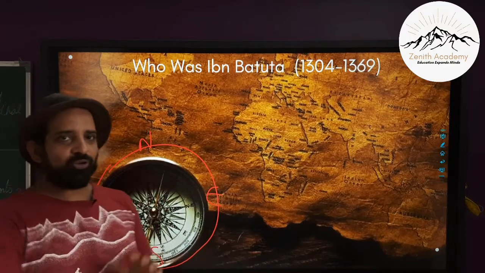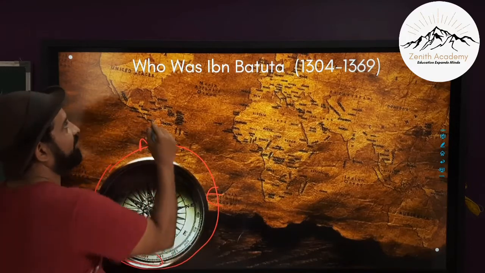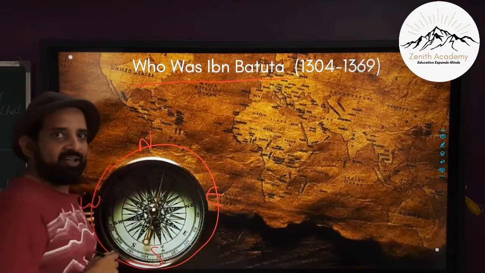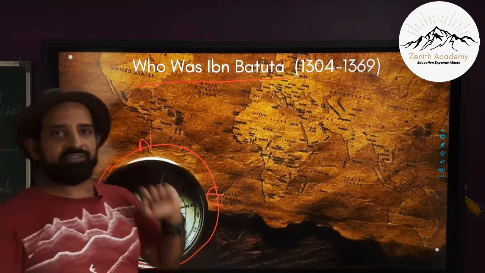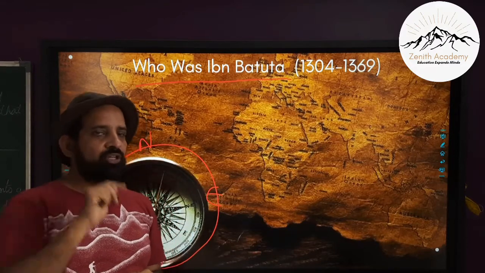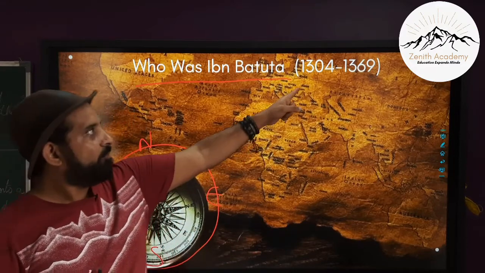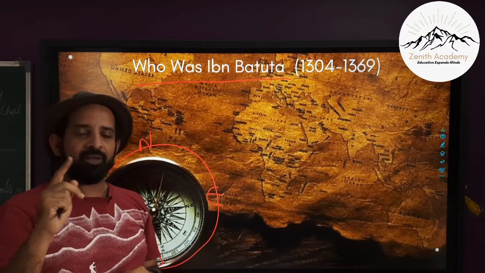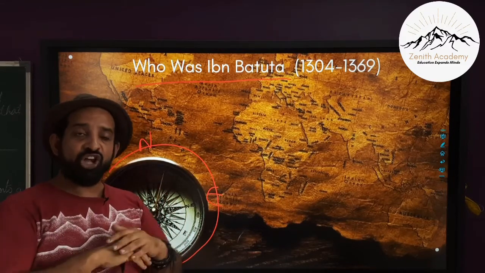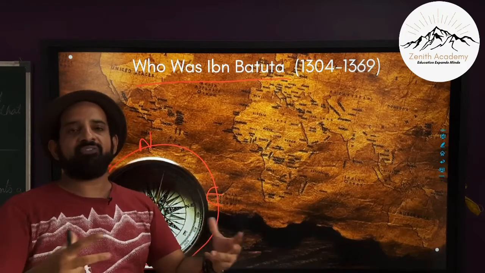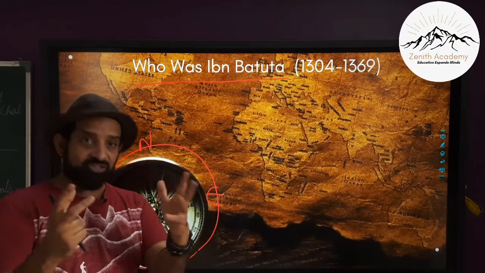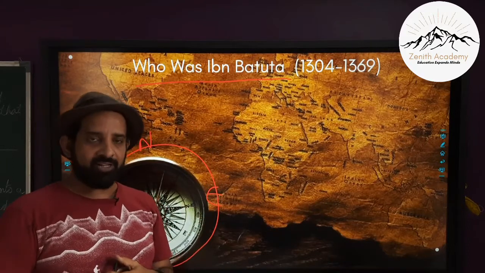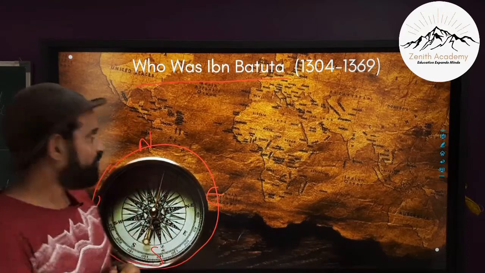So let's come back to the quiz. Okay, the quiz is, who was Mr. Ibn Battuta? Okay, that is the quiz. If you know the answer, please put it in the comment section. He was born in the 13th century, a very important figure, a personality which changed the way people used to look at geography and history, especially geography of the world. So who is Ibn Battuta? That's the quiz this time around.